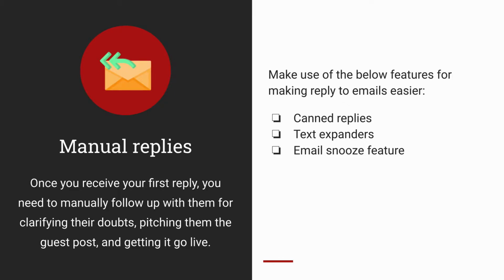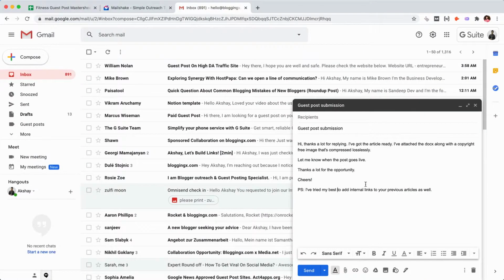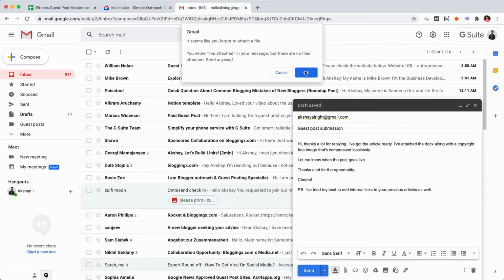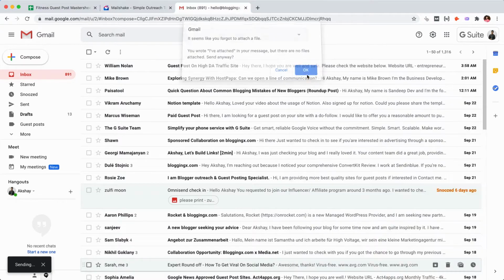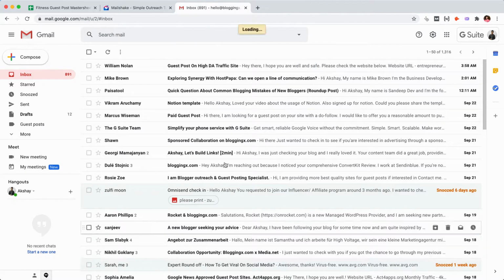In that case, once you submit the guest post and hit the send button, snooze the email. Suppose I send this email to my personal email. It says I wrote "I have attached" but have no files attached. I need to send it anyway. Just assume that I have attached my guest post. Let me send this and view the message.